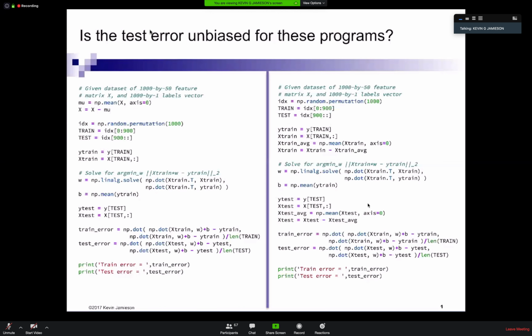I put up a slide here of some code. There's two separate programs on the left and on the right. So X is your data matrix that your boss gave you. And you're just trying to learn a linear classifier or a linear regressor for both. And the question is, if you were to run this code,